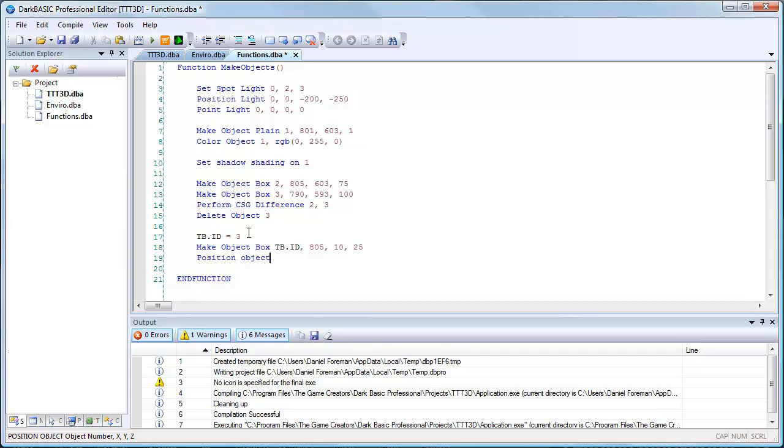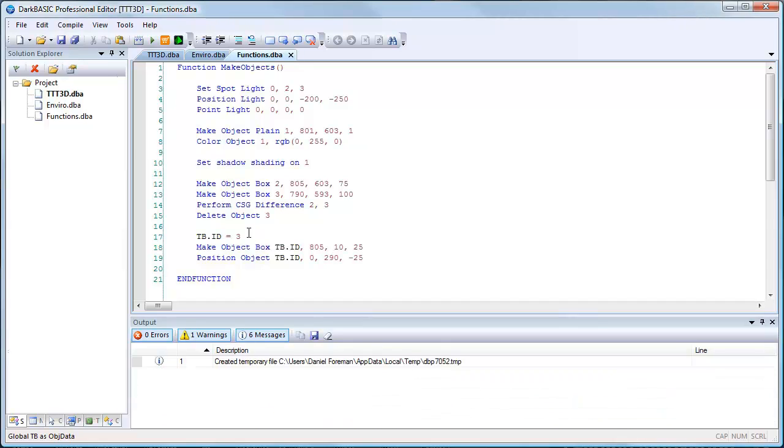Sorry, position object, my mind's gone blank, tb.id, comma 0, comma 290, comma minus 25. So if we then compile that,